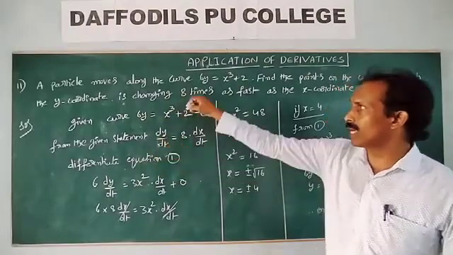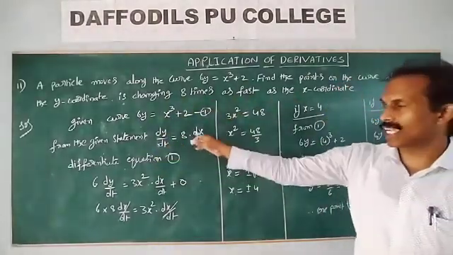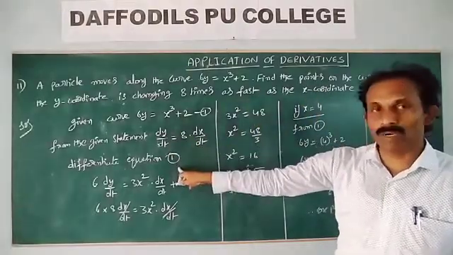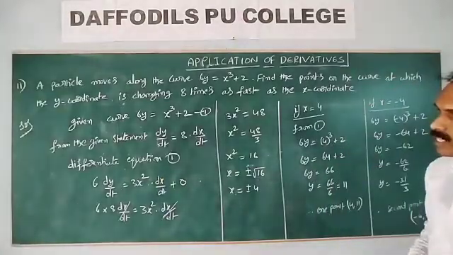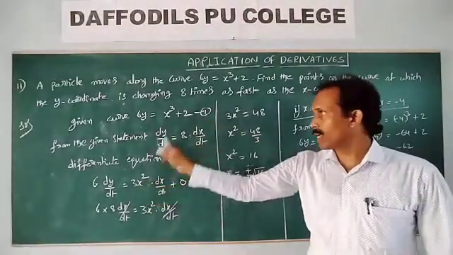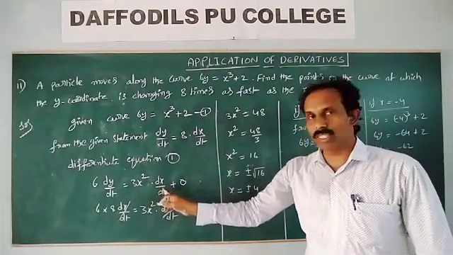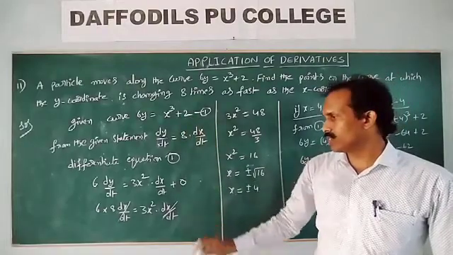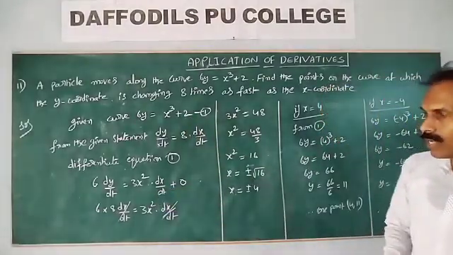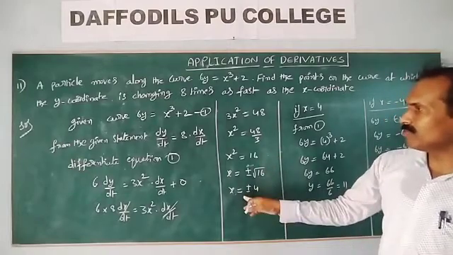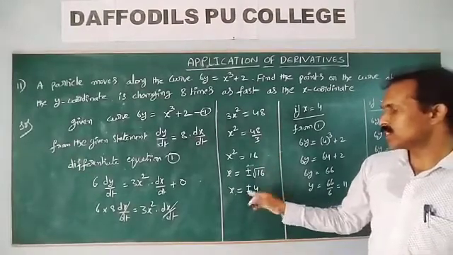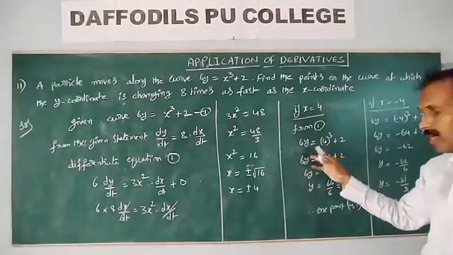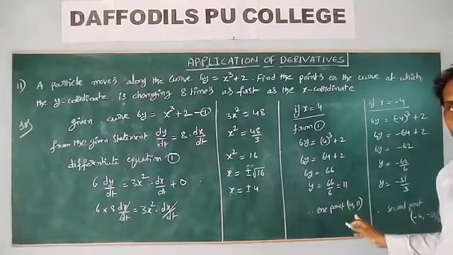dy by dt is equal to 8 times as fast as the x coordinate changes, dx by dt. Okay, differentiate the equation 1. 6 dy by dt is equal to the x derivative 3x square, and the constant and x again by chain rule, x derivative dx by dt, plus this is the constant 0. Substitute dy by dt is equal to 8 into dx by dt and first find the x value, as it has two values, plus or minus 4. Put x is equal to 4 in the equation 1, get y value 11, so (4, 11).